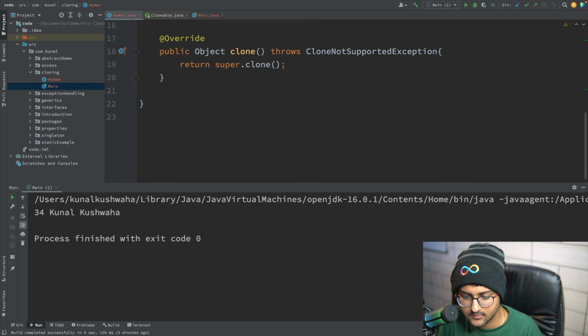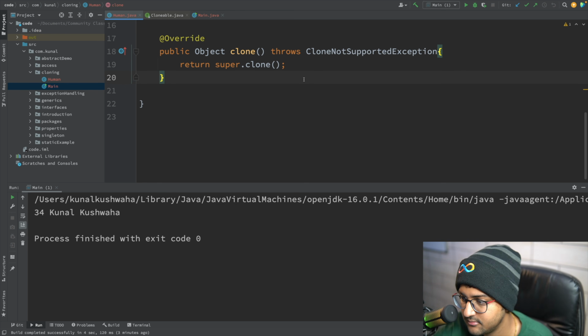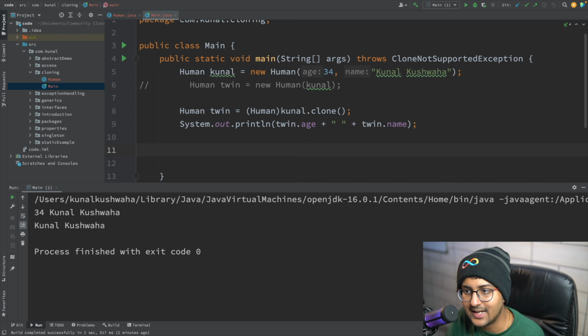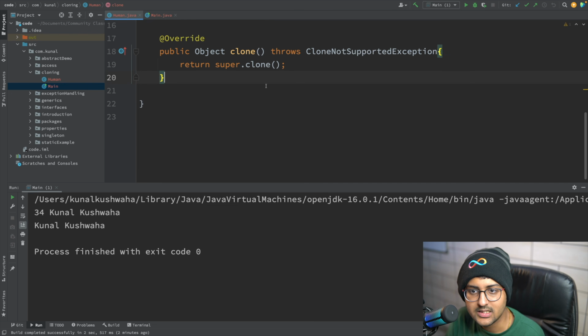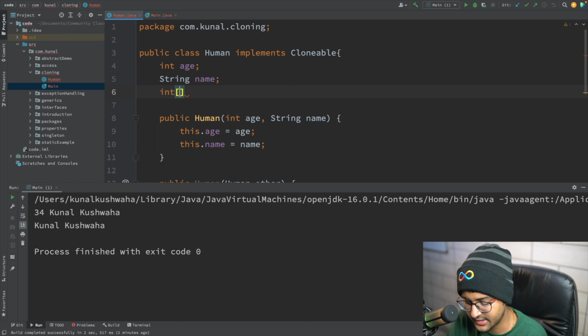So this is actually doing a shallow copy of the object. Let's learn about shallow and deep copy. What we mean by that is, let's say it also has something like an integer array, arr.